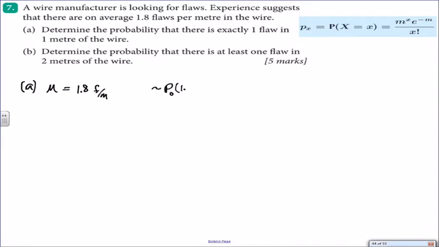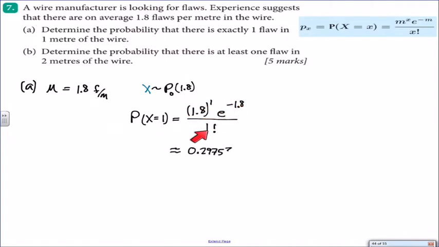We establish the mean, and we use mu for that, or m, and then we actually say that X distributes as a Poisson distribution, that's P sub 0, and then all we need is the 1.8. Remember, we don't need number of trials because we let that go to infinity. So 1.8 is the mean, so this is my way of saying we distribute on a Poisson distribution with a mean of 1.8. We are looking for the probability of exactly one flaw, that's probability of X equals 1, and we can put the mean to the X power times e to the negative mean all over 1 factorial. That's the X factorial, of course.